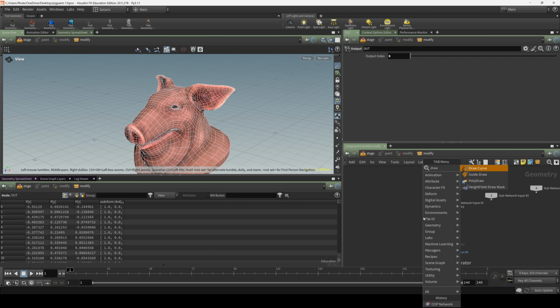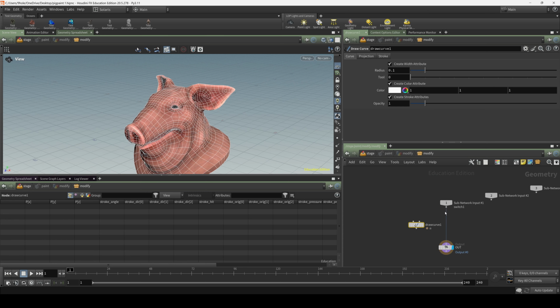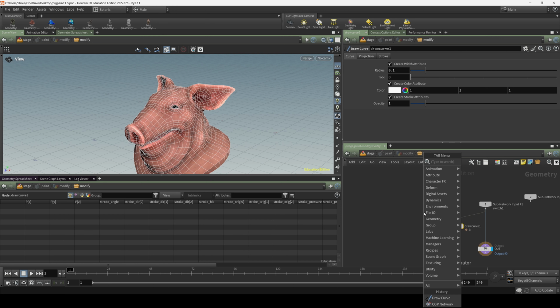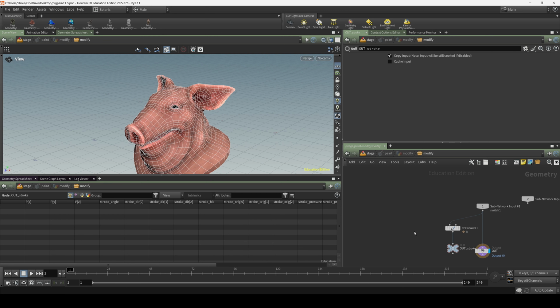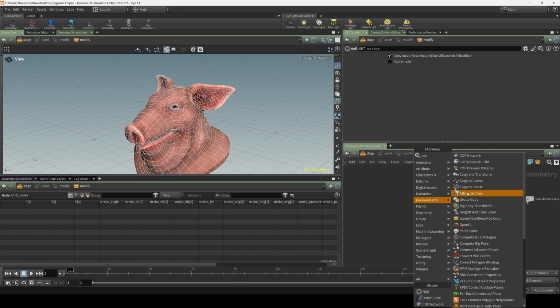So I'm going to need a draw curve, and I'm going to need a null after that, and I'll just call this stroke. Good habit: capital OUT, so we can find stuff, OUT_stroke. Then I will add a new COP network,